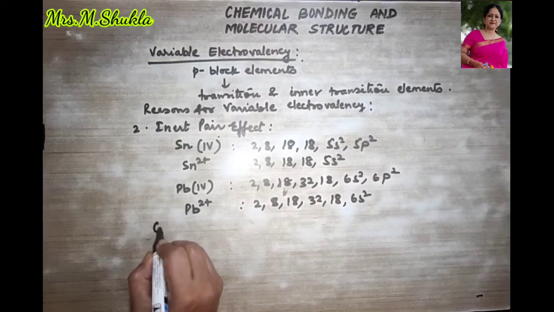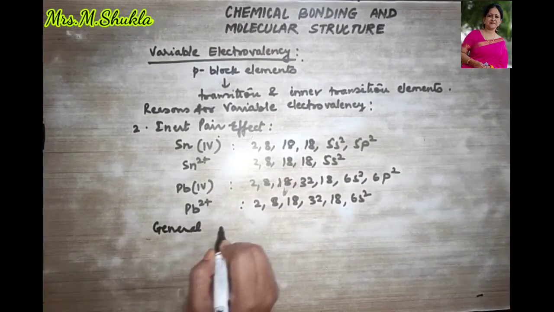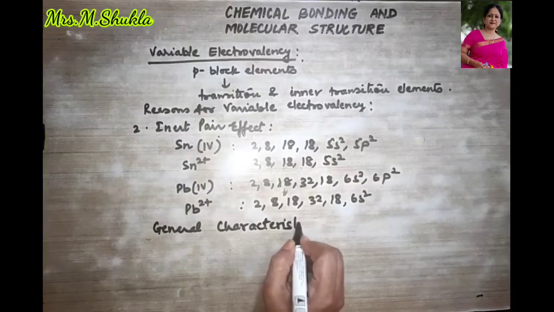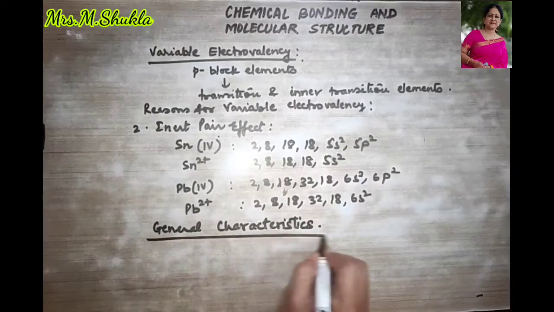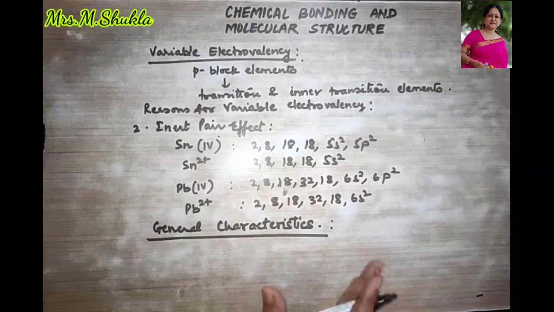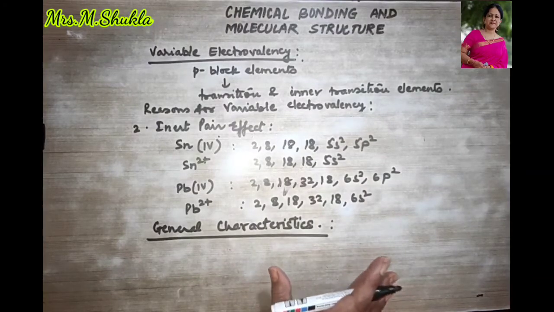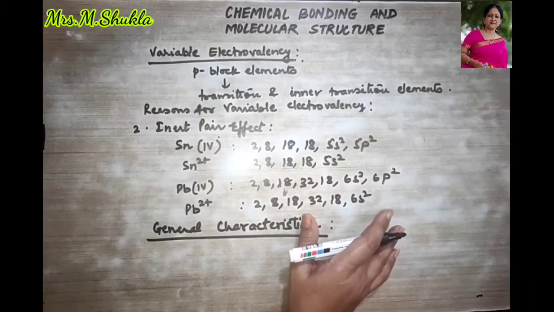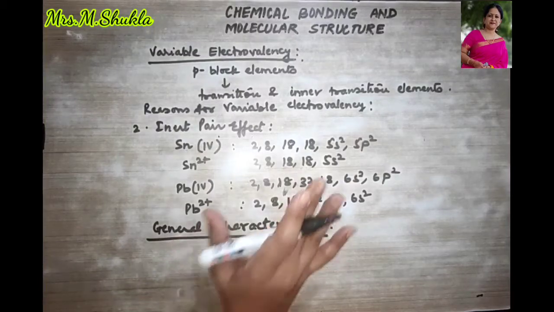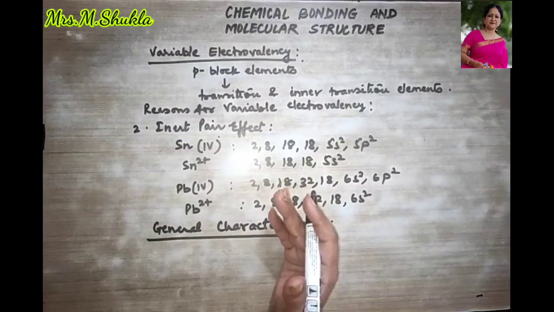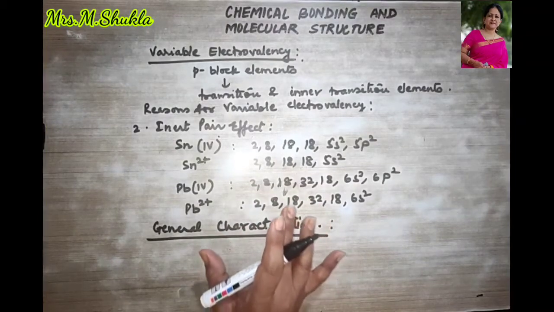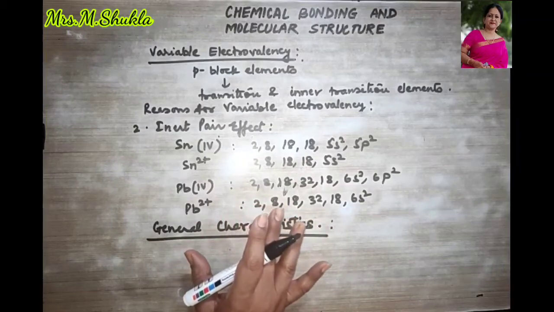Now we shall talk about some general characteristics. Now these general characteristics you already know. So quickly I'll just go through some points about ionic compounds, right? That is, the electrovalent compounds or ionic compounds, you know that they are crystalline in nature. Hear it carefully. Then the ionic compounds have high melting and boiling points. Why? Due to the strong electrostatic forces of attraction which exists in the ionic solids.